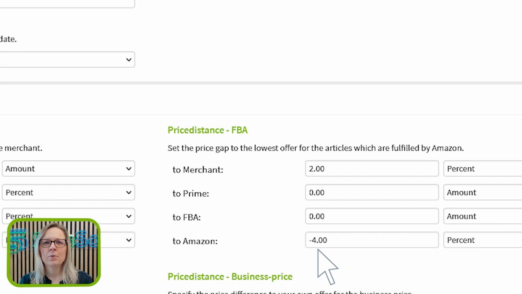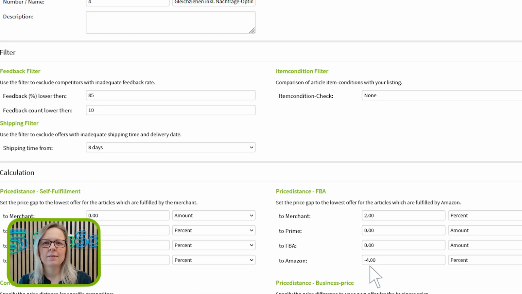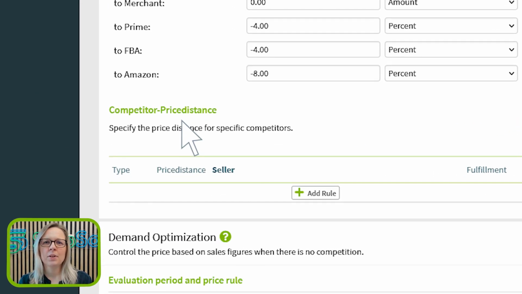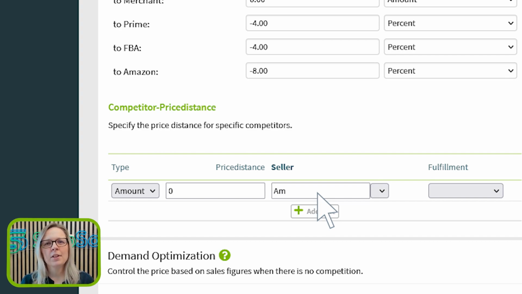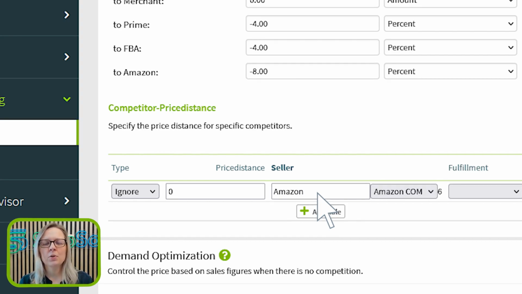Modifications to these values might be necessary and could depend on your own merchant rating and assortment of products and services offered. As mentioned earlier, you can customize the values individually. With the price gap between competitors, you have the ability to establish precise pricing regulations for individual retailers or entirely exclude certain retailers from price calculations by disregarding them.